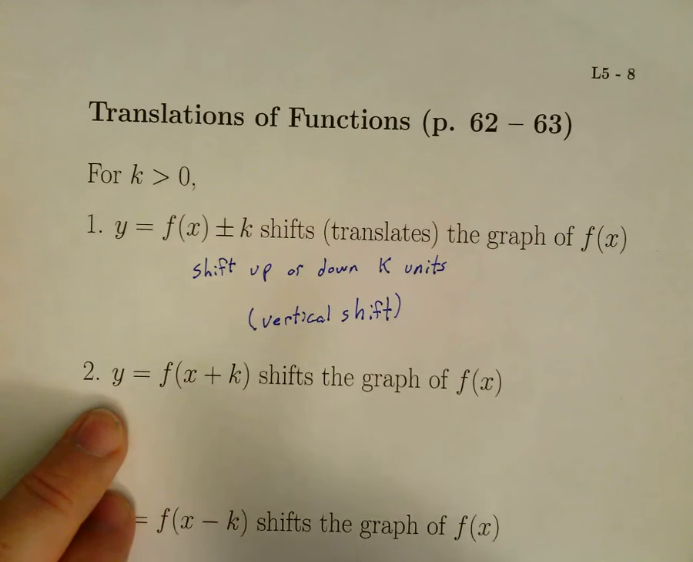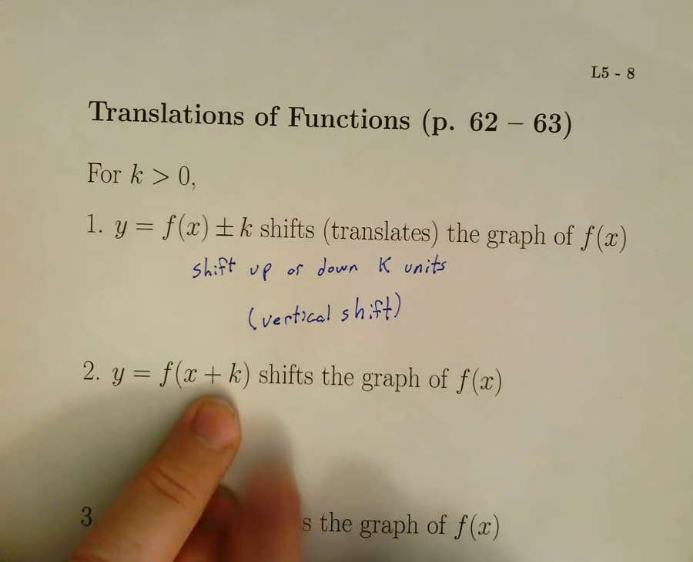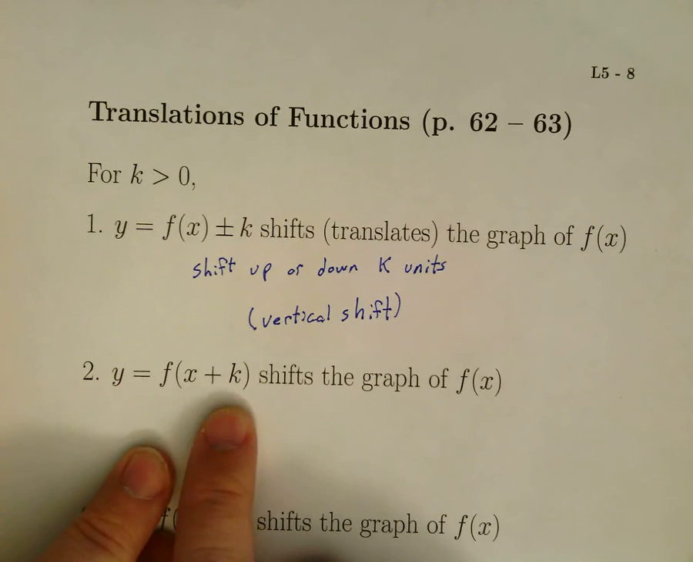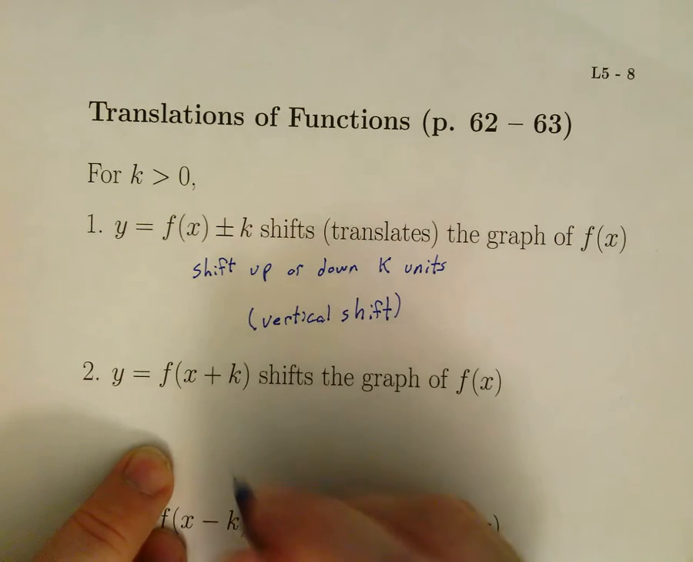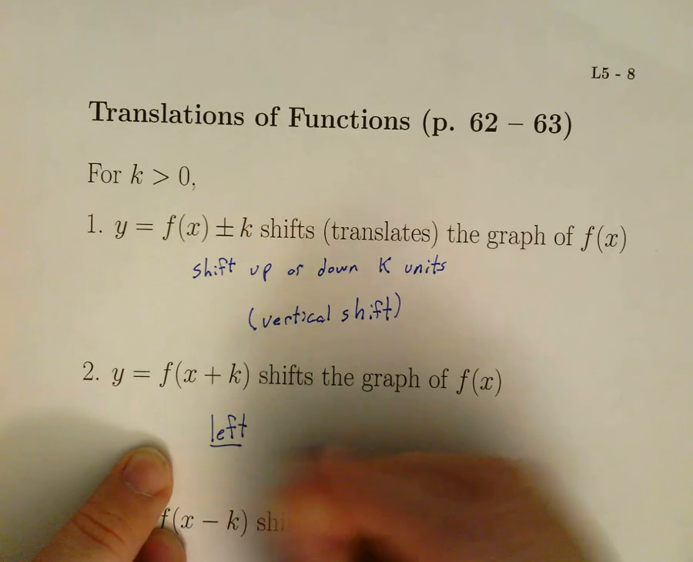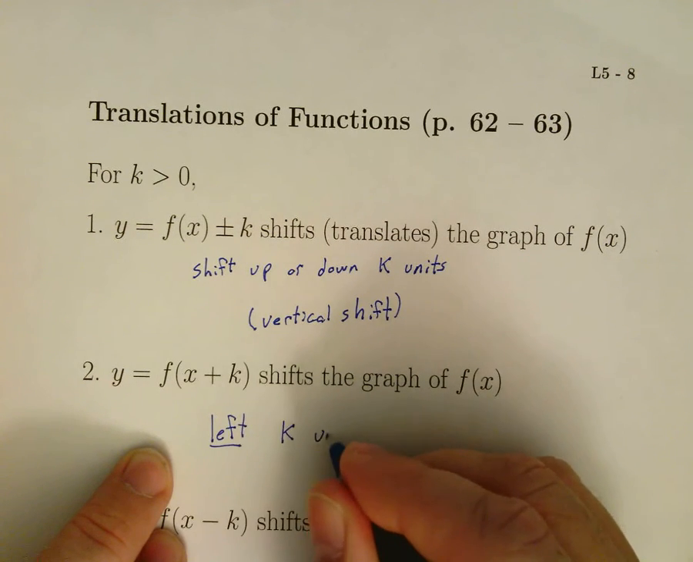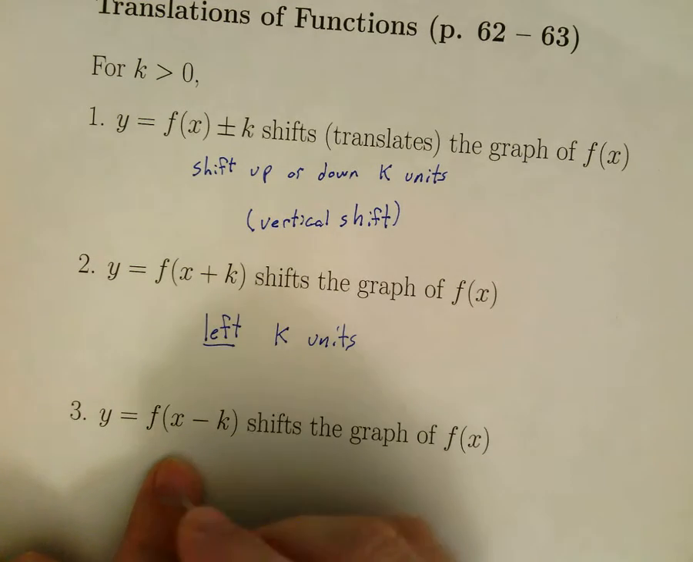Okay, now, if you put it inside the function composition, you're going to have f of x plus k. That's going to shift the graph. If I put x plus k, what is that going to do? Left k units. Exactly, right. So that's actually going to shift it left k units. Okay. And let's see. Now what happens if I put x minus k? Right k units. Right. Okay, cool. So that's going to go right